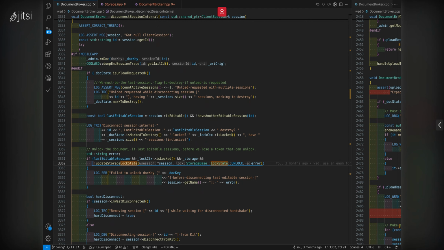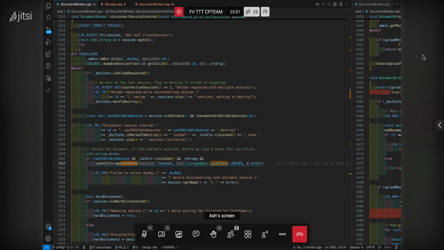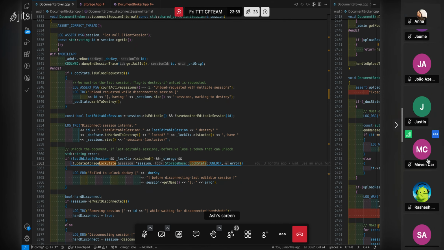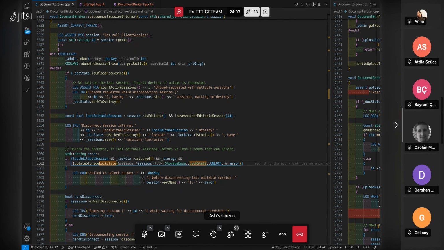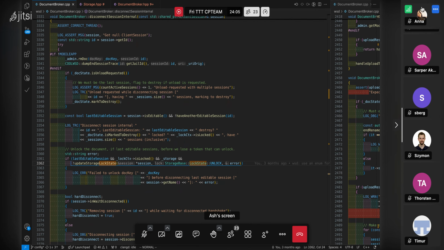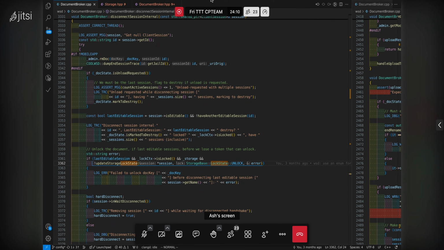The WAPI protocol does not provide a mechanism to unlock the file after that. I mean, technically, it doesn't know that we've unloaded. It has no idea. Yes, I agree. Technically, you should be able to send the same. I mean, if you can form the correct HTTP request and send it with the correct token, yes, you can